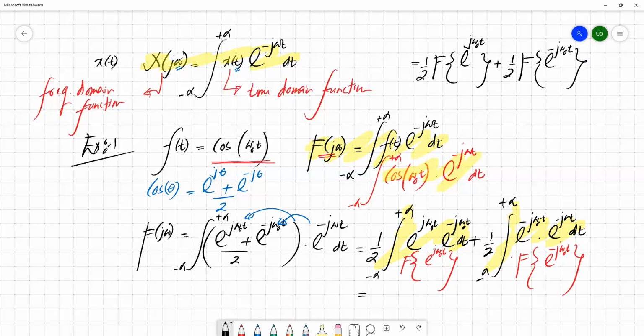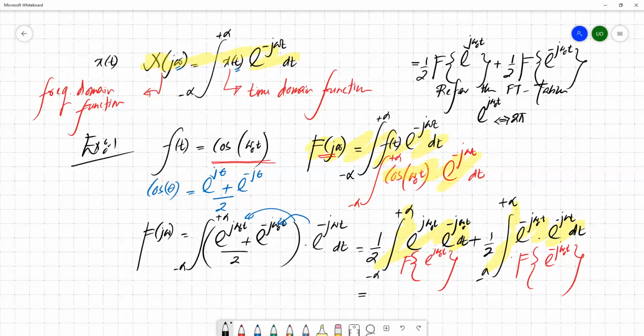It's very simple. So we don't need to worry about evaluating this Fourier transform. You can refer to the Fourier transform tables. From the Fourier transform table, you can find that e to the power j omega naught t is actually equal to 2 pi